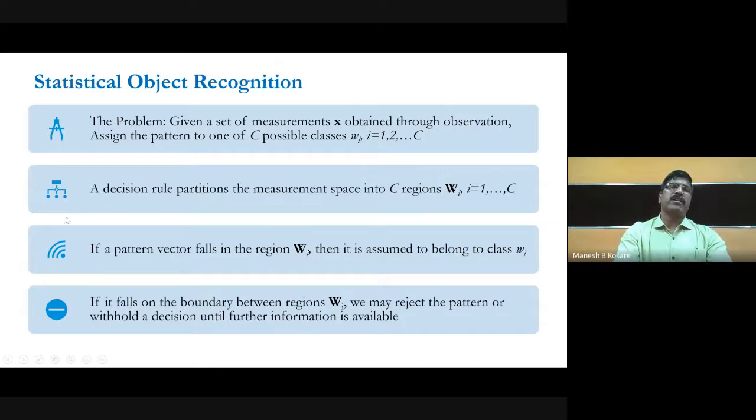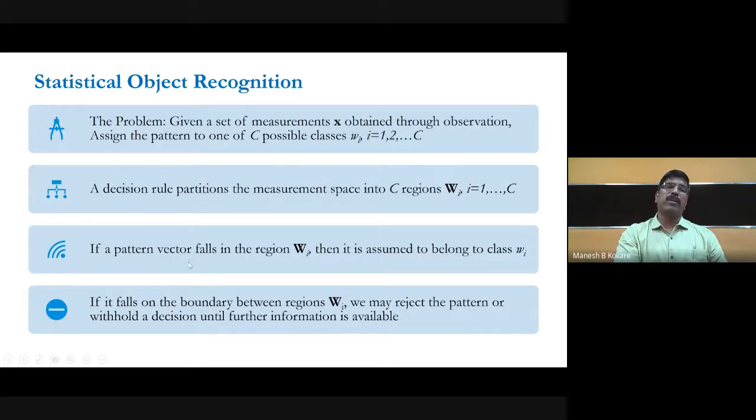In statistical object recognition, the problem is that you are given a set of measurements X obtained through observation, and you have to assign the pattern to one of the C possible classes. That means you have the feature vectors extracted from the testing samples, and based on this feature vector, you have to assign whether it belongs to class 1, class 2, or class N. So a decision rule partitions the measurement space into C regions.